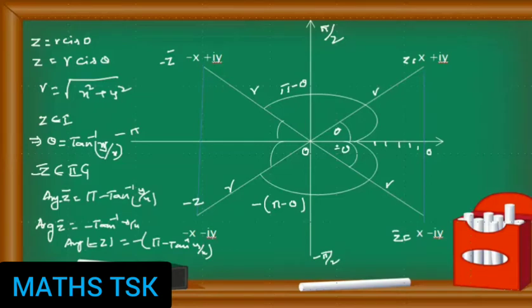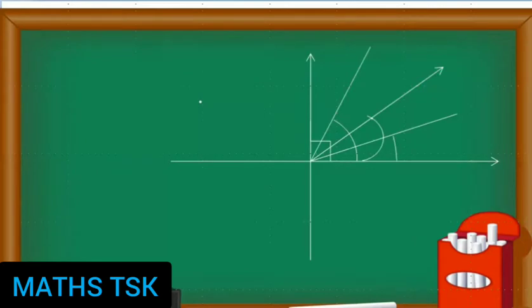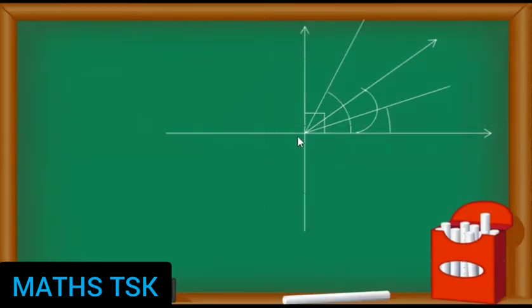If it is on the x-axis, look here. For some of the values, I'll write them. This is the origin, and this is the x-axis. When the complex number is taken on the x-axis, it becomes 0 degrees. You consider this as 30 degrees. Adding 15, it becomes 45 degrees. Again 15, it becomes 60 degrees. Then 30 more, it is 90 degrees. This becomes 180 degrees.